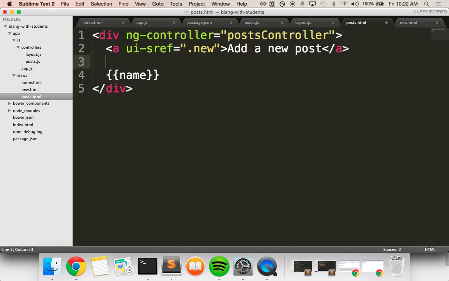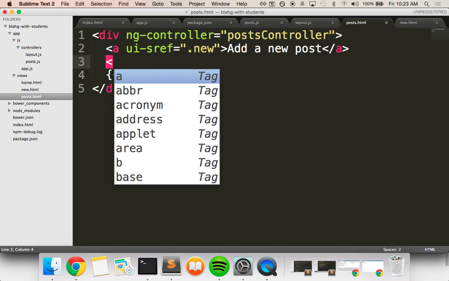And now though too, since it's not rendering in that same UI view, right? Everything else was in that UI view. All of these partials were showing up in that UI view that we put in our index.html, just like a yield block in Rails. So in this nested view, we'll have to add another UI view, which is like a yield block in Rails, so that this partial that we just created actually shows up. So we'll do once again, we'll do div